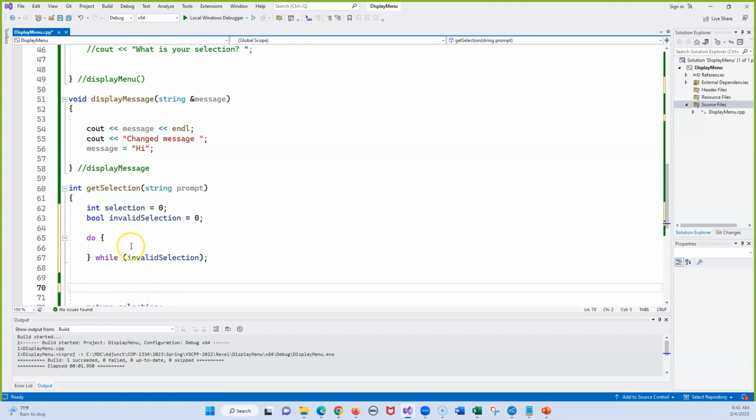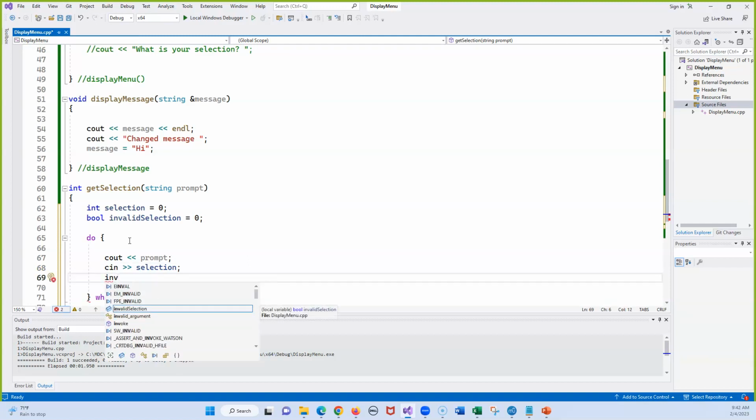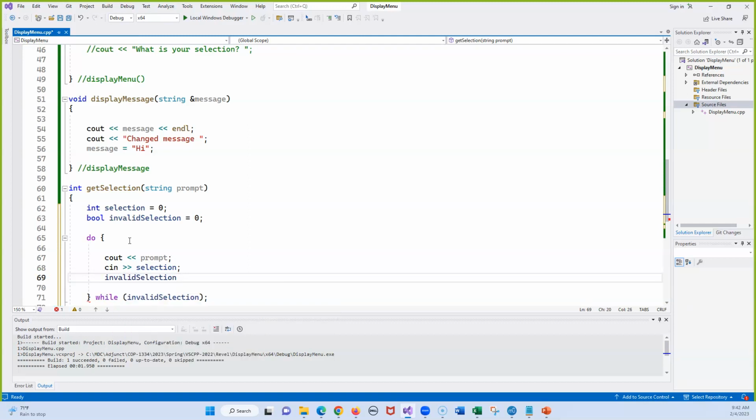In this video, we're just going to keep it very simple, and we're not going to print out anything spectacular. So let's go and do, put the cin in here. So now we need to check to see if the user typed in an invalid selection. So our two choices are invalid selection is equals the first one,